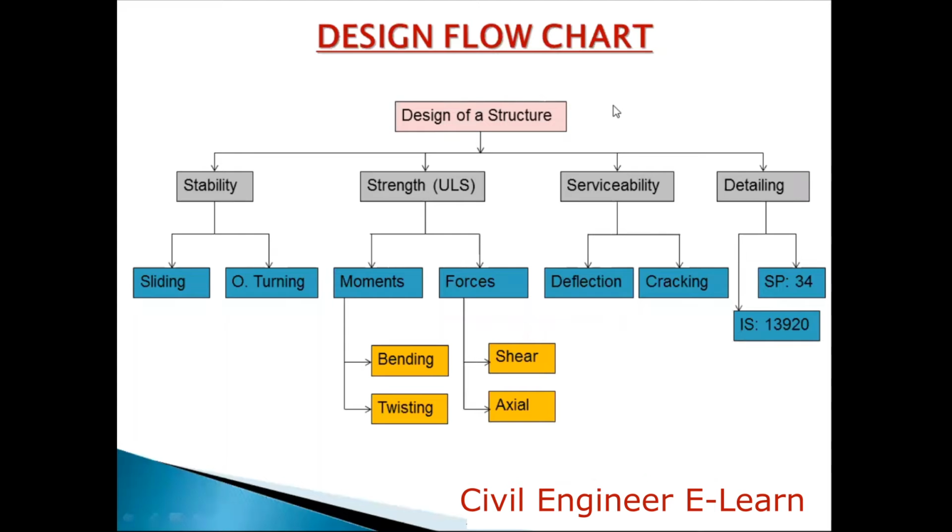Maximum spacing between the main reinforcement, distribution reinforcement, how can we provide it? All those pictures and the information are given in SP34. SP34 and IS 13920 code books are especially meant for detailing requirements. IS 456-2000 is a code book which has details for the design of buildings, design of RCC structures, and guidelines. That is for designing it. Here it is for detailing it.